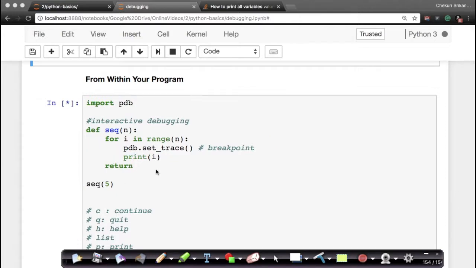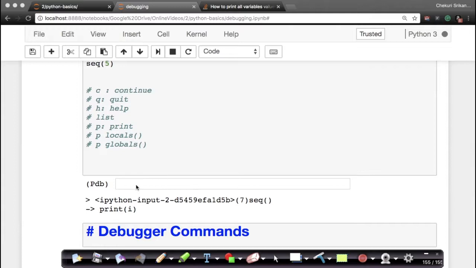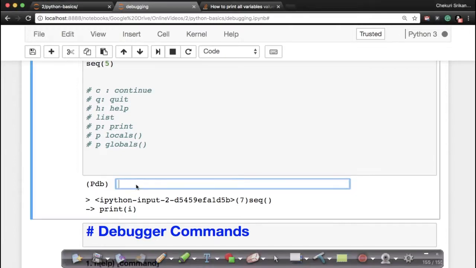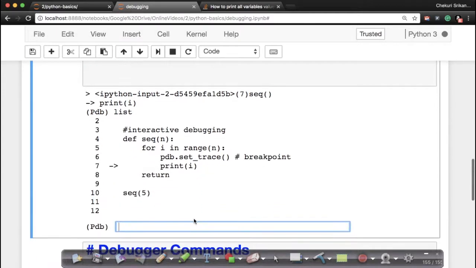Let's see this in execution, okay? I've already executed this program. You can see this from the fact that it's already running here, right? So when I run this program, I get this, right? It stopped here, right? Now if I just say list and enter, okay, list tells me where am I exactly